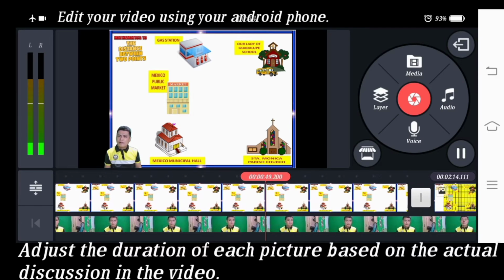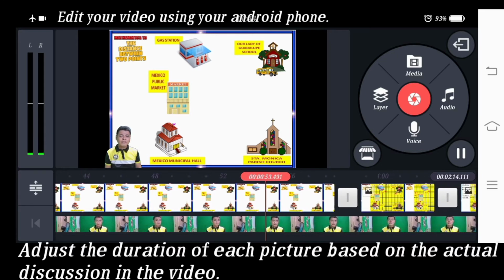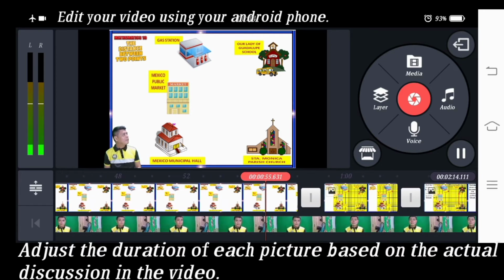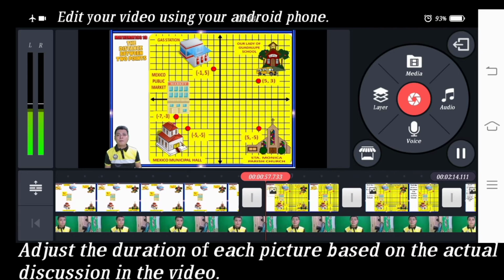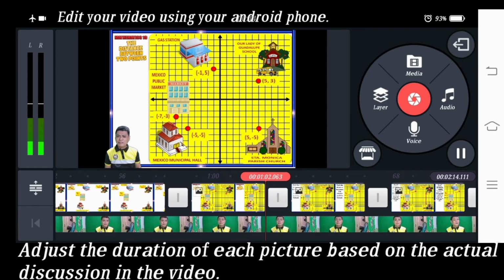How far have you traveled from one landmark to another? If each of these landmarks is represented by points in a coordinate plane, is it possible to find the distance